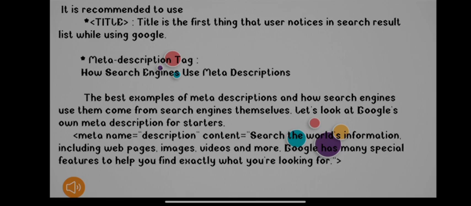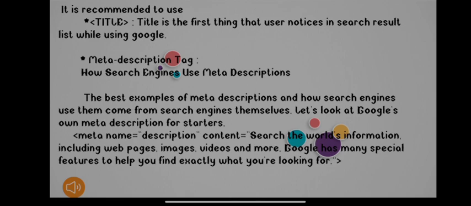Now the length of the title that we include is limited. Its content should be up to 60 characters with spaces included. If your title is too long, obviously it will not be displayed at a time. So you should keep in mind that whenever you specify the title tag, keep its length limited.